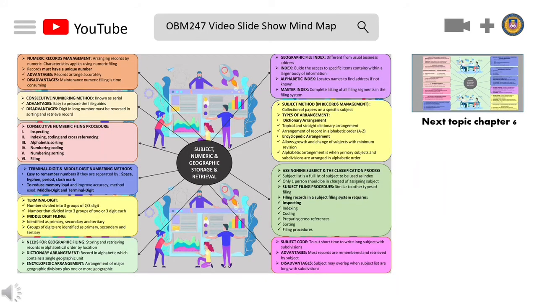Topic 5: Subject, Numeric and Geographic Storage and Retrieval. Firstly, numeric record management must have a unique number. Then, consecutive numbering method known as serial. Other than that, consecutive numeric filing procedure, which is inspecting, indexing, coding and cross-referencing, alphabetic sorting, numbering, coding, numbering, sorting